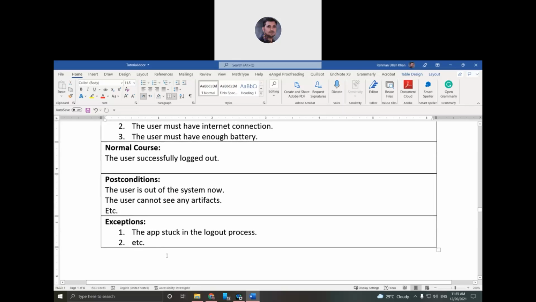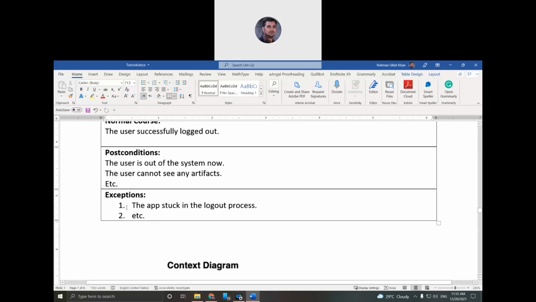Okay, you cannot access the rest of the app because you are logged out. And exceptions, the app may get stuck during the log out process, sometimes it may be possible. Otherwise, I think there is no possibility of many errors here because it is a simple process. Okay.